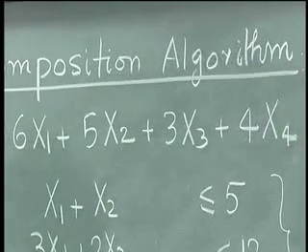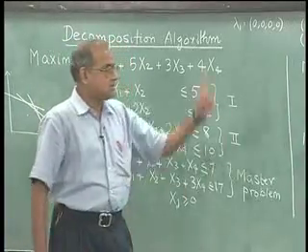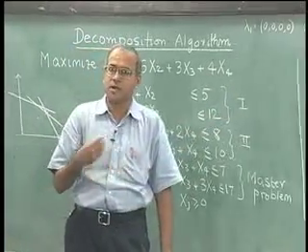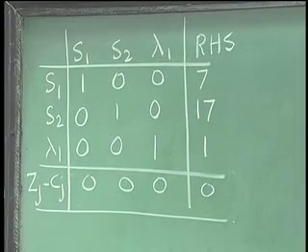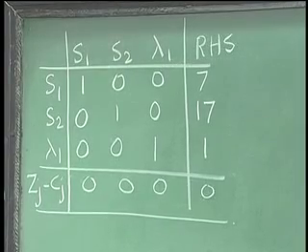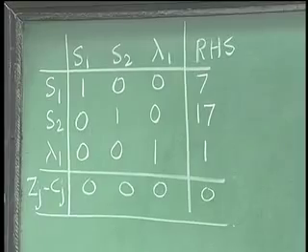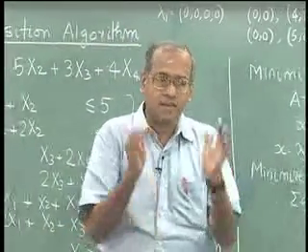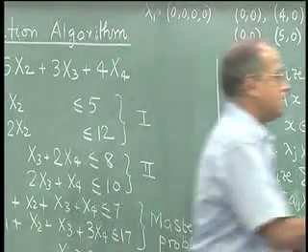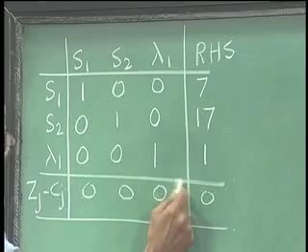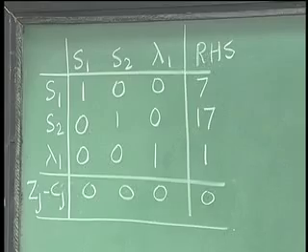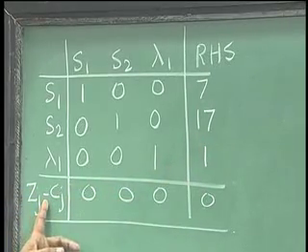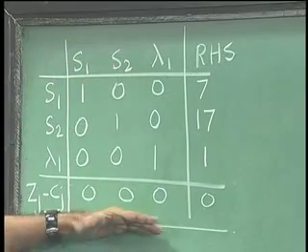Now, we need to verify whether this solution is optimal. In order to verify whether this solution is optimal, we need to find out whether there is an entering variable. Now, we have not written the entire table, we have written only that part of the simplex table which contains the basis matrix B, the right hand side, and the Zj minus Cj under B, which can always give us